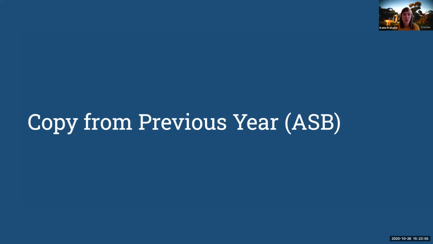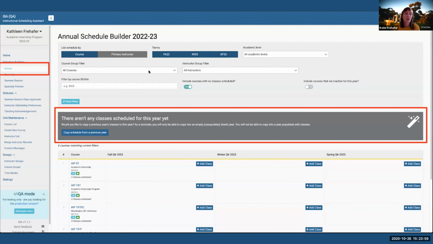And that's easy too. So from the copy from a previous year, if you log into ISA and you haven't used it before, or you haven't been working in the working year you've selected before, it will give you this pop-up at the top that says, there aren't any classes scheduled for this year. Would you like to copy from a previous year? And this is in the annual. So once you click on that button,